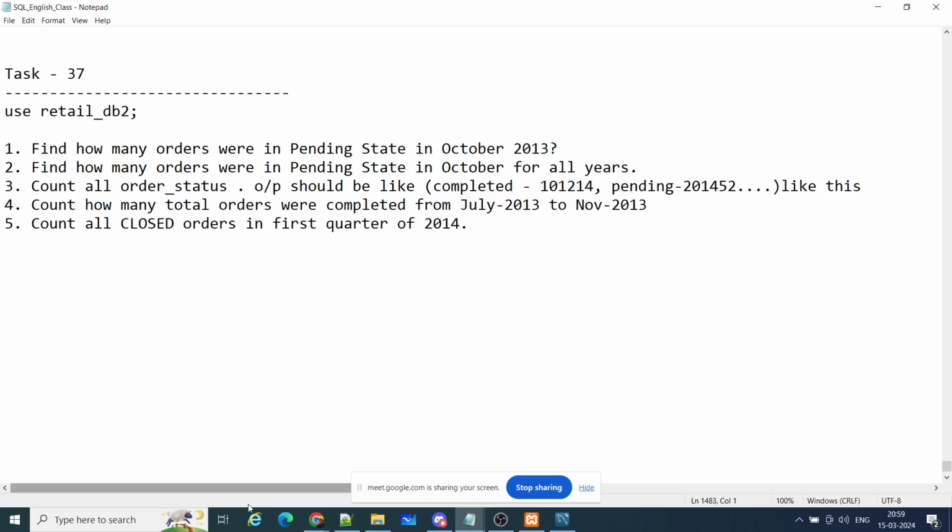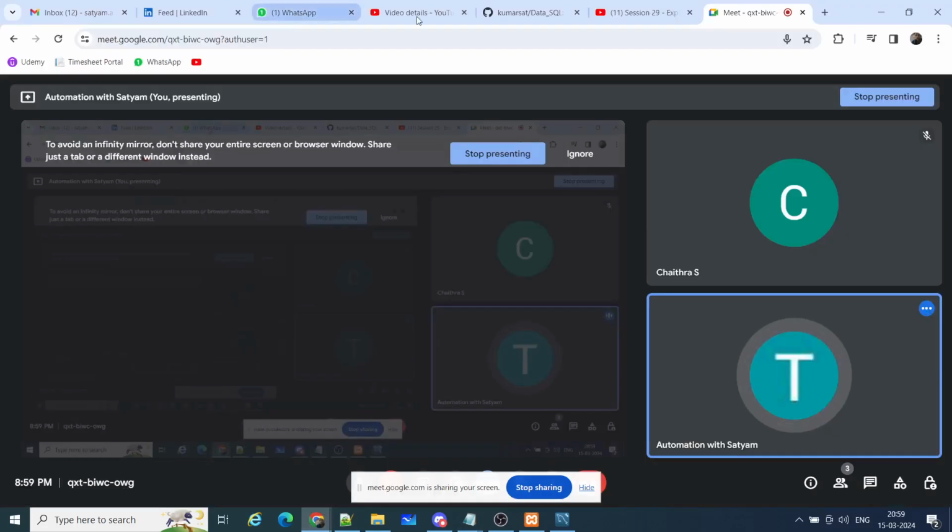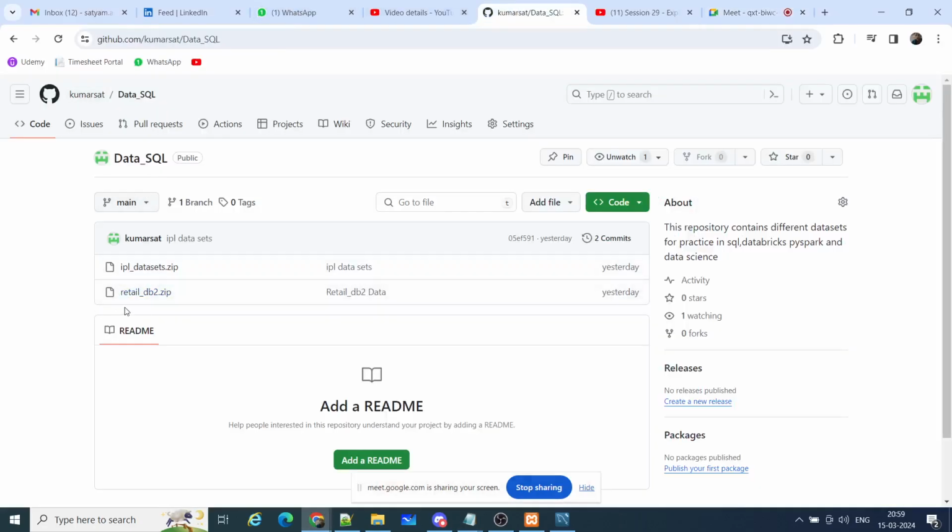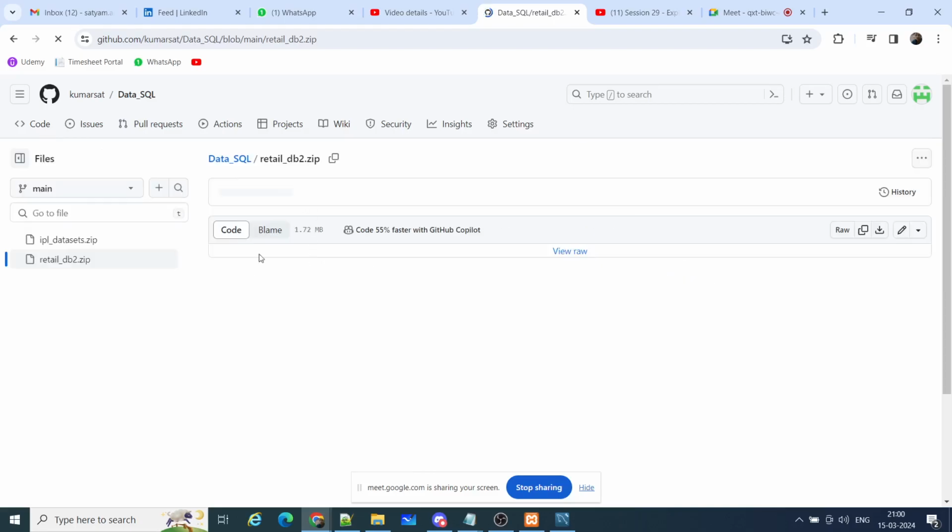It will be in the form of zip files, so they can go here, and here it is, retail db2. You can just download here. You can go here and click on download raw file, and you will be able to see the raw file in your download folder, and then you can extract the retail db2 files from there, and you can load them in